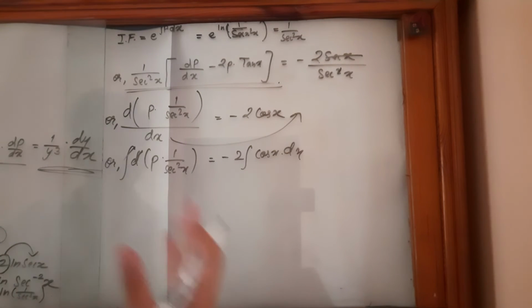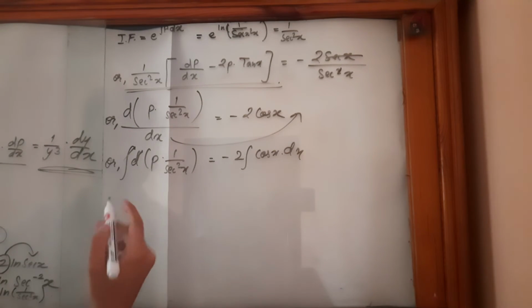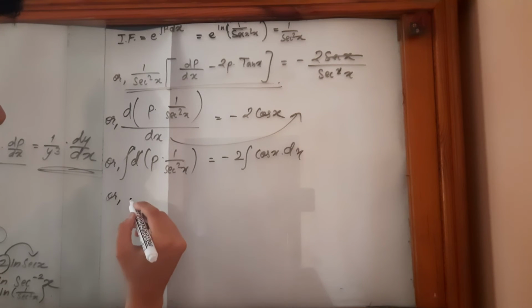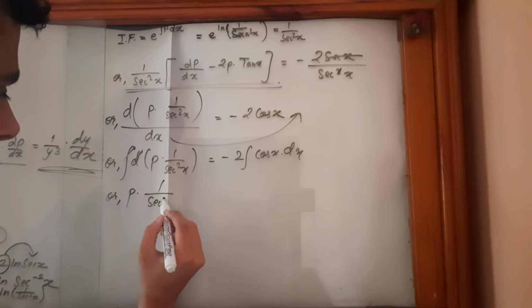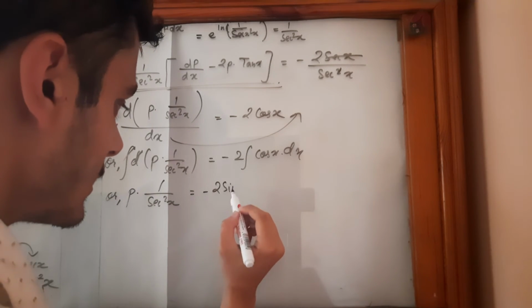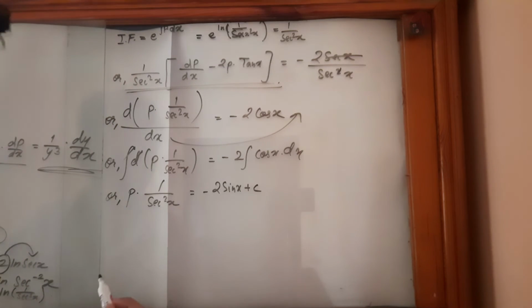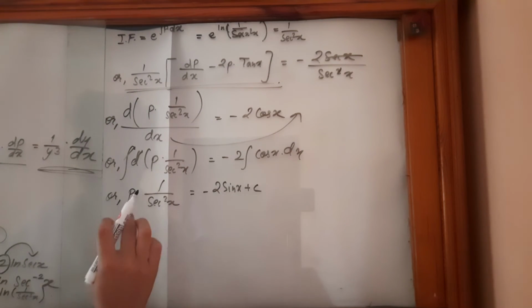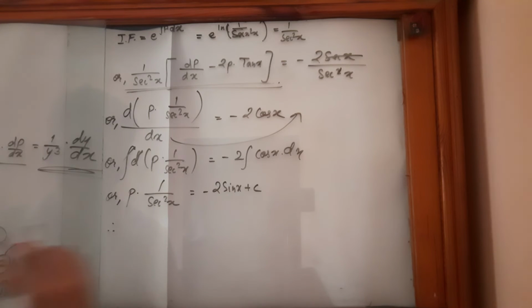So when they come together, they just cancel each other out. This is equal to minus 2 sine x plus c, and then therefore the original value of p is